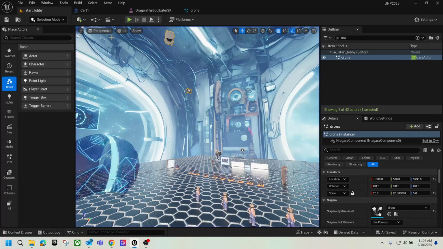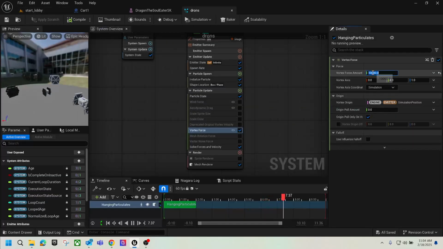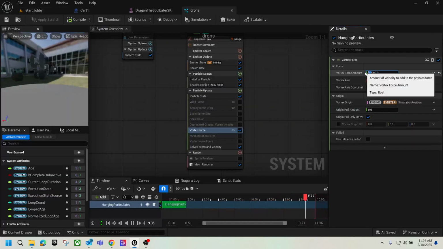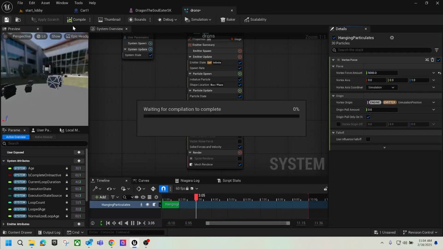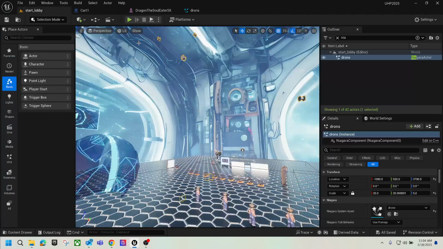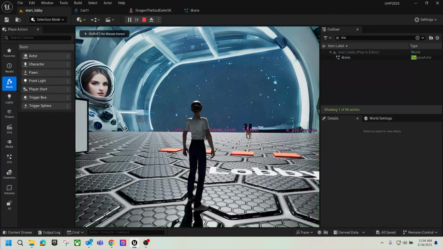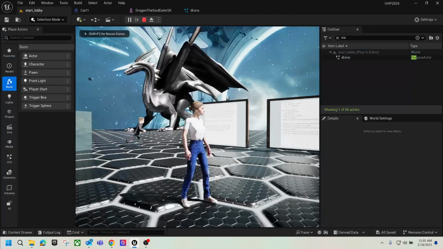I do feel this is a little bit too fast. Yeah, let's maybe just halve it. Yeah, I don't want them flying too fast. Okay, so now maybe I will talk a little bit about another technique